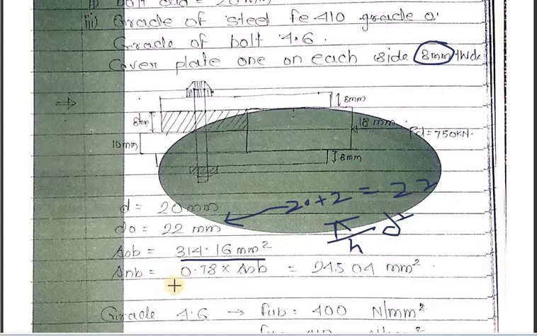How much will the threaded area be less? It is 0.78 times, that is 78%, 22% less. So the threaded area is 0.78 times the ASB shank area,